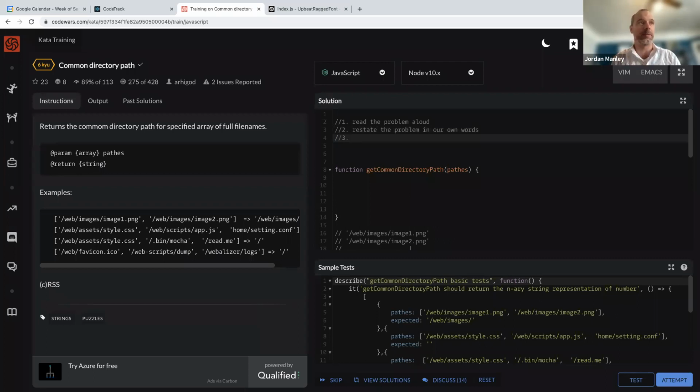So in this case, we would say, okay, in this problem, given an array of strings, we want to find the longest common path from the first character to wherever there is a new folder or file starting through the whole string, something like that. Even I'm struggling with that a little bit. It takes time and practice to restate it in a way that represents the technical contours of the problem, but